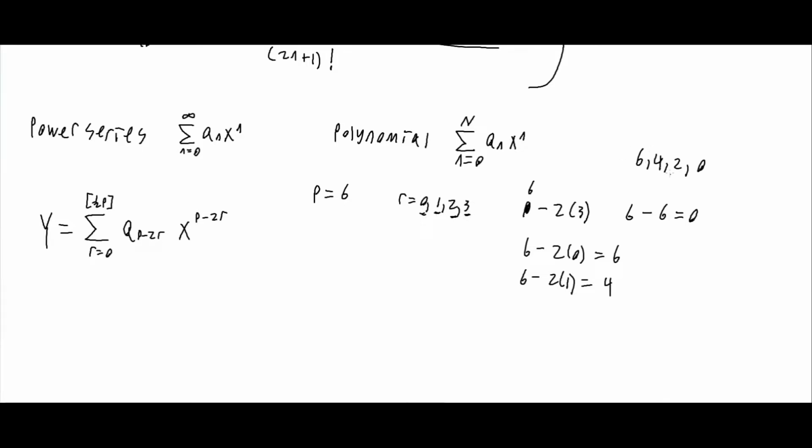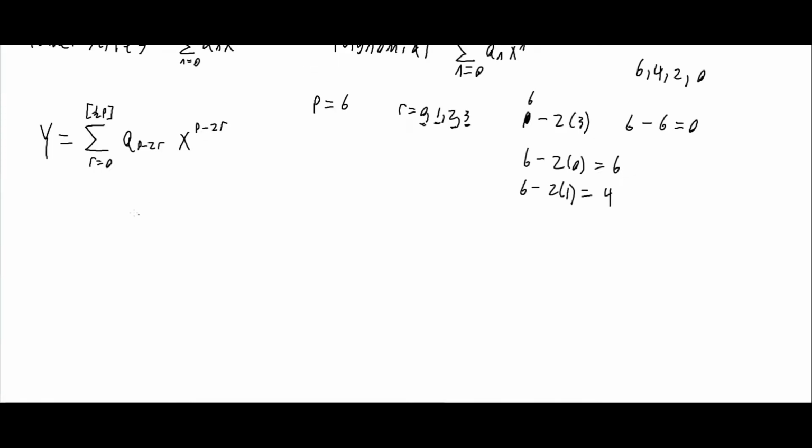But anyway, we see that we just go through evens, where if we made p odd, then we would just have odd powers. But anyway, this is the form that our solution is going to take when we have p as integers. And so I guess if you wanted to show this a little more explicitly, we could have it be something like